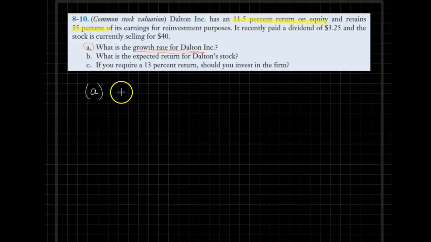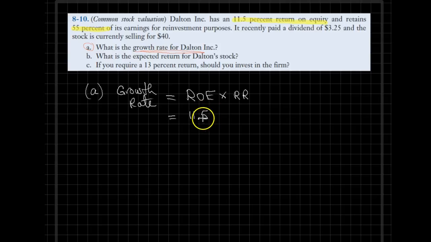The formula, as you would recall, is that growth rate is simply equal to return on equity times the retention rate. So in this particular case, the return on equity is 11.5%, and multiplying it with the